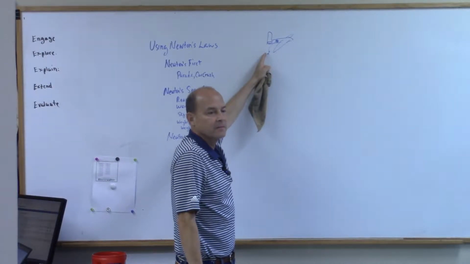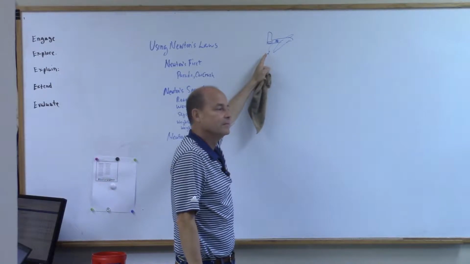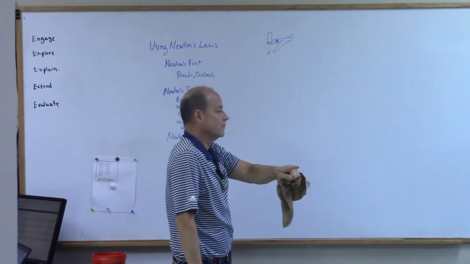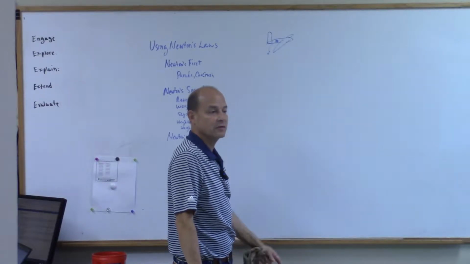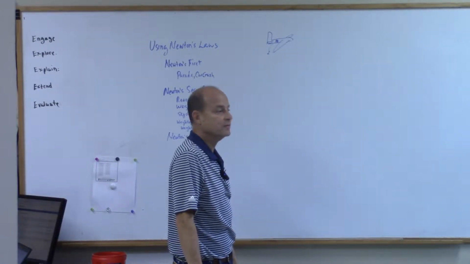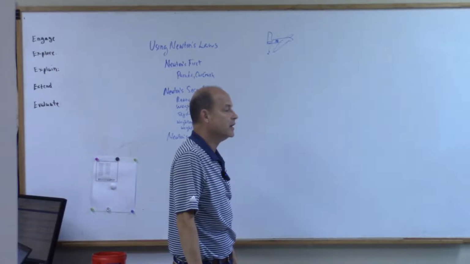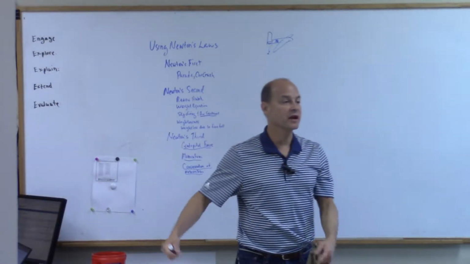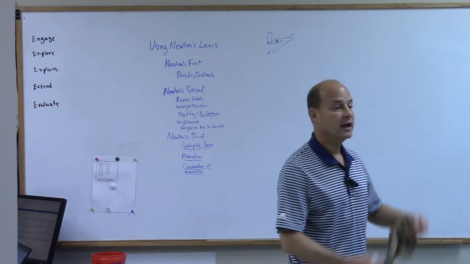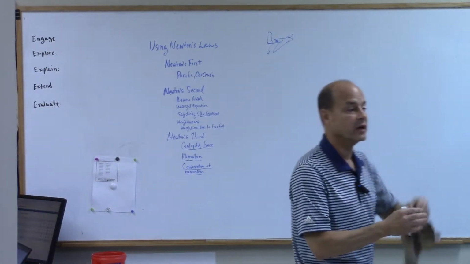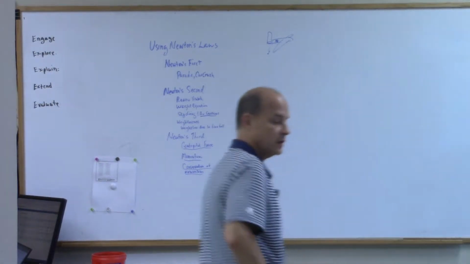Because they're going at a constant speed. Because of the momentum thing with the parade, Newton's first law. Yes. Newton's first law says an object in motion stays in motion, right? So if the skydiver is in motion and he's going at the same speed as the plane, when he jumps out of the plane, he's going to keep moving right along with the plane. For the same exact reason that